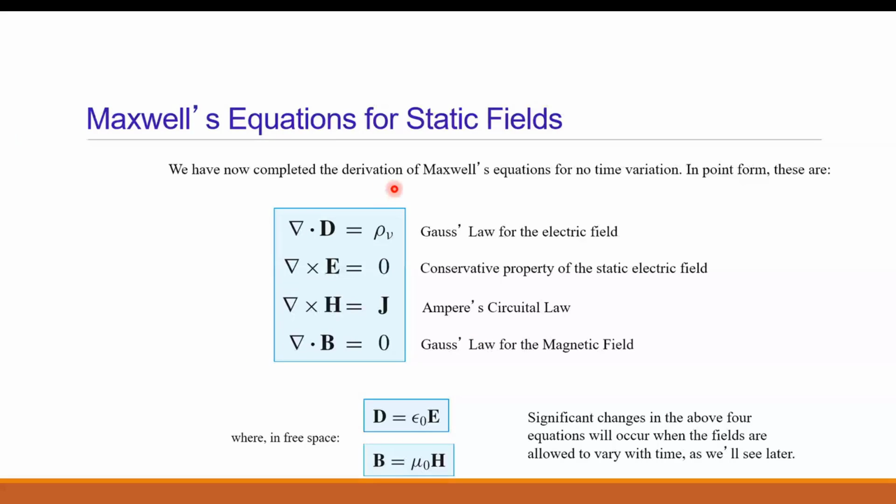Now D bar is what? Electric flux density, and it is also equal to epsilon naught E. And B bar is what? Magnetic flux density, and it is equal to mu naught H. If the space is free, then you use epsilon naught and mu naught. Right? So again, a chart may be asked in the exam. Write all the integral form and point form of Maxwell's equations. So once again, let us review all the equations. You can write these equations directly in your book right now.